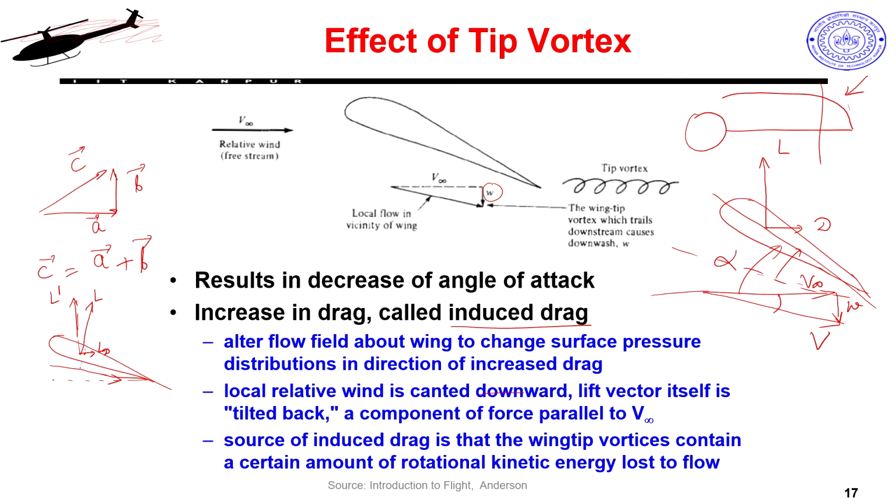Another way of looking at this induced drag is that a certain amount of energy is leaving through the wing tip vortices. Whatever energy is being created by acceleration of flow over the wing, see flow is coming, it has some kinetic energy, half m dot v square or something. Once it goes over the airfoil, it undergoes some acceleration and deceleration, because of which my pressure distribution happens. But now because of the tip vortex, some of this energy change done by the wing is getting lost and it is not getting accounted for.